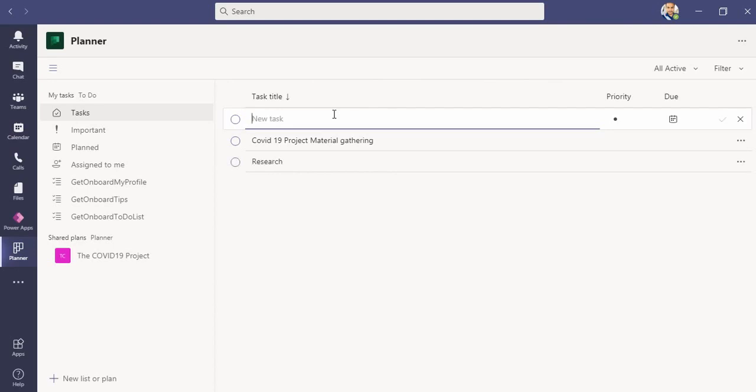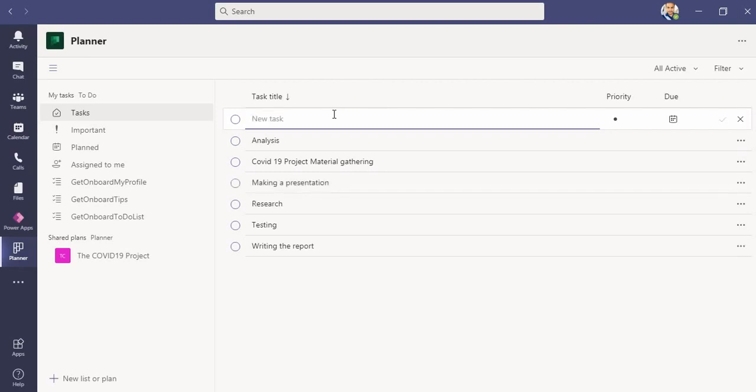The other task would be writing the report, analysis, testing, making a presentation, and ending discussion. That's it. So these are all my tasks, these are all the individual ones.